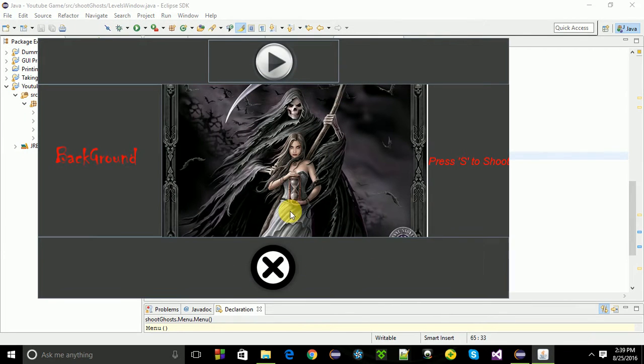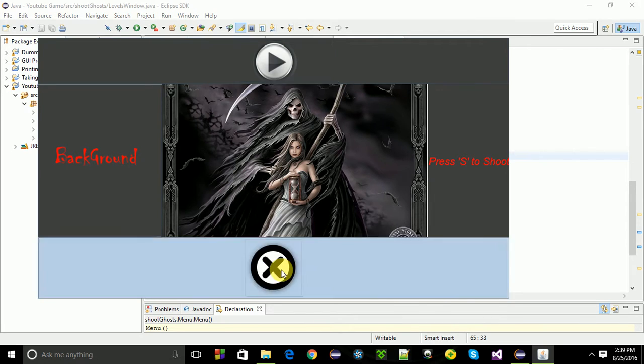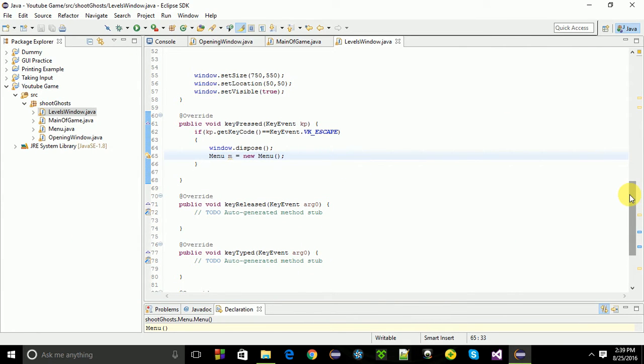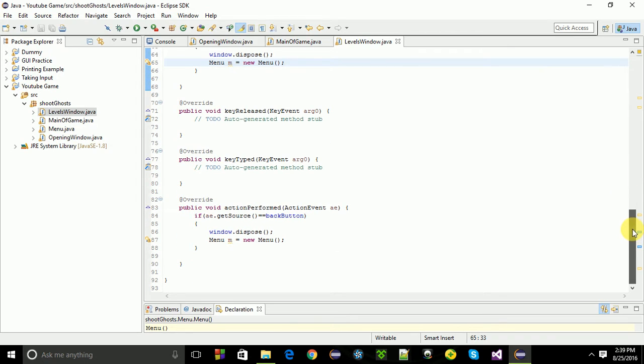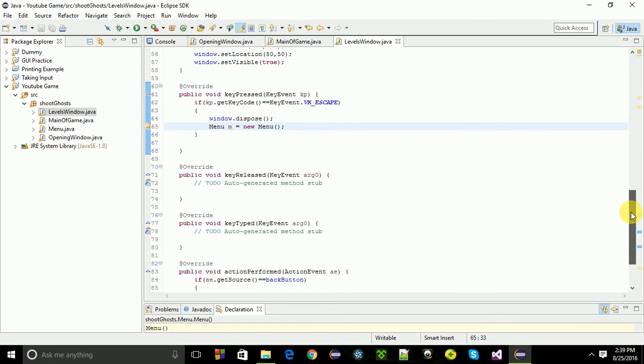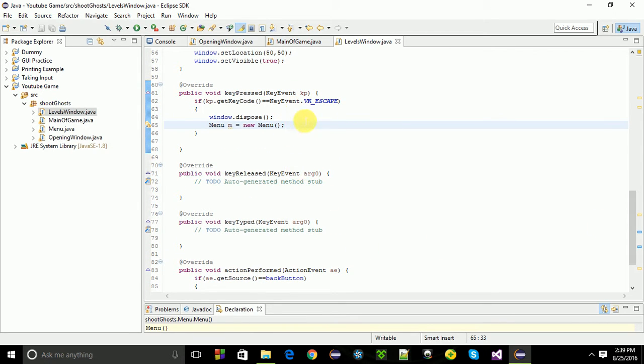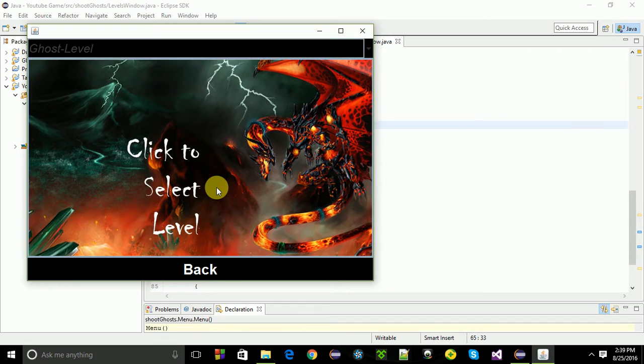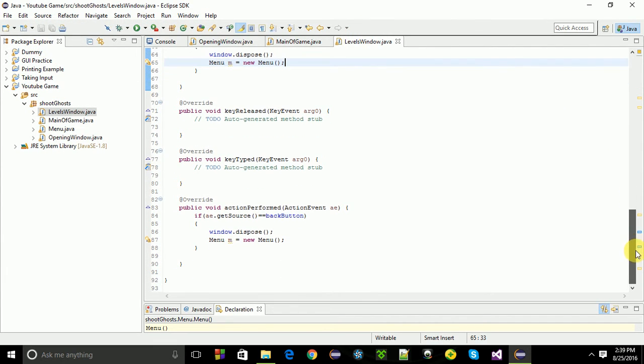See, it's the same thing again. And now I'm gonna do the level part. That's the enter button. I'm going to define the enter button. So else if